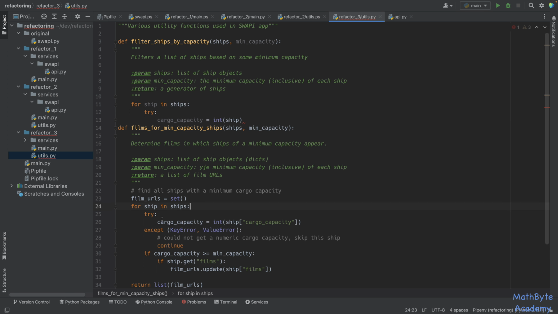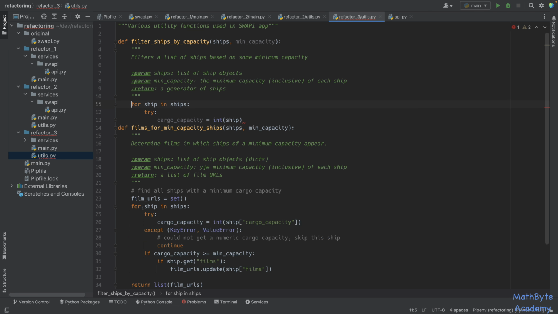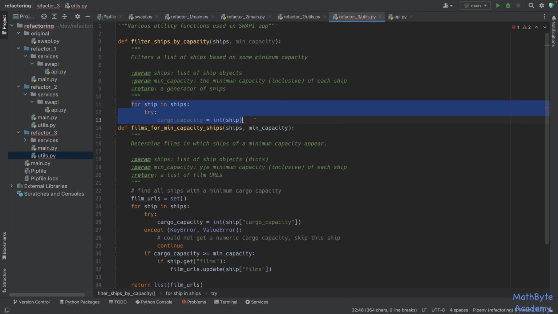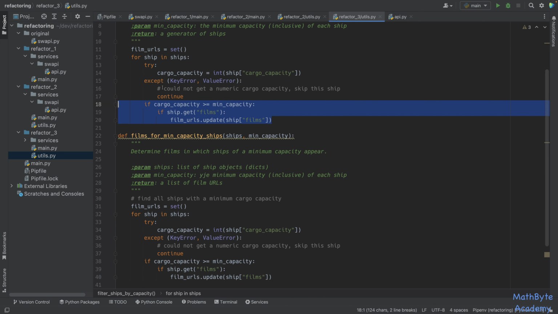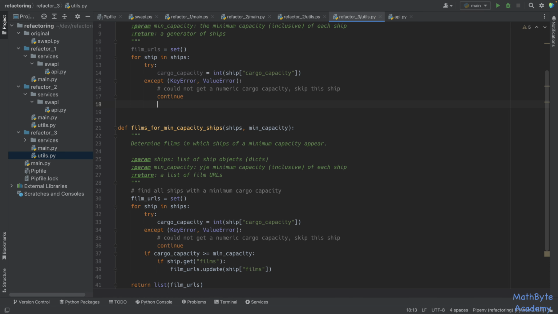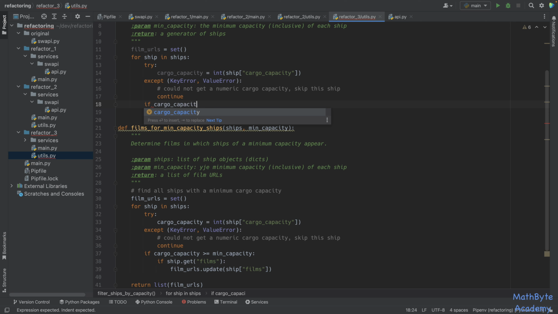So I'm actually just going to take this code and paste this in here. Okay, let's just put the code in and let's strip out what we don't want. I don't want this. I don't want to put in this thing over here. And if we can't find the cargo capacity, then we're going to continue. That's fine. But what I want us to do now is say if the cargo capacity is greater than or equal to the min capacity,